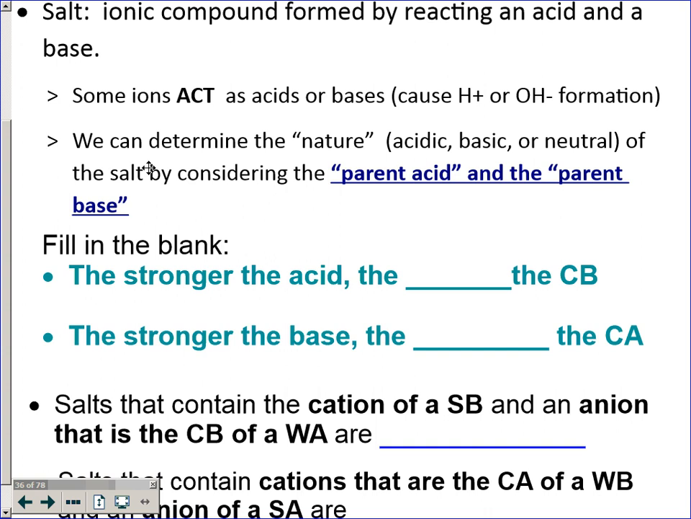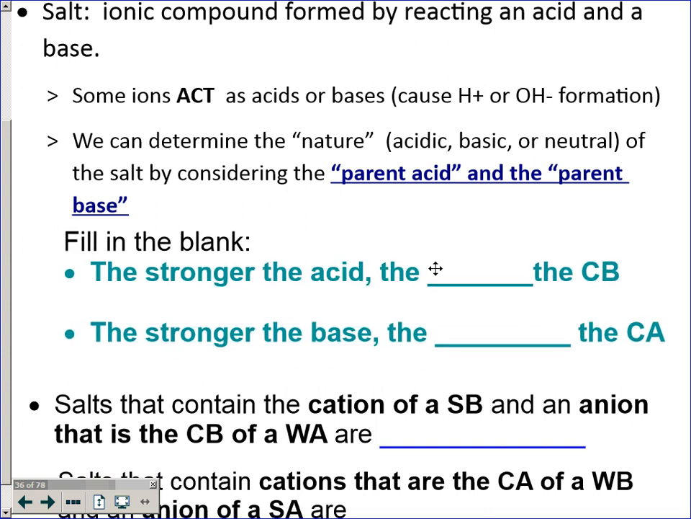The stronger the acid, the what? The conjugate base. Weaker, so that means that